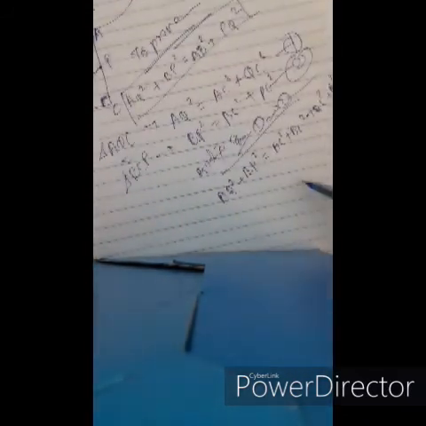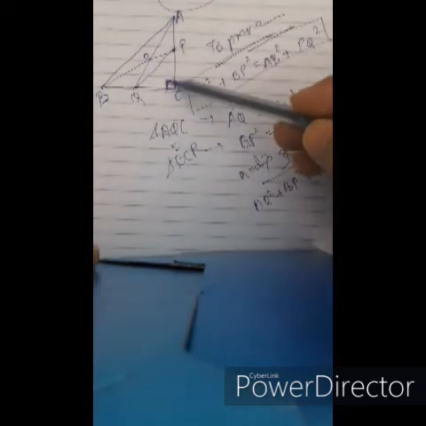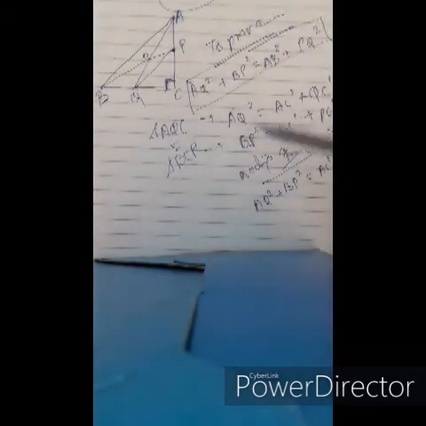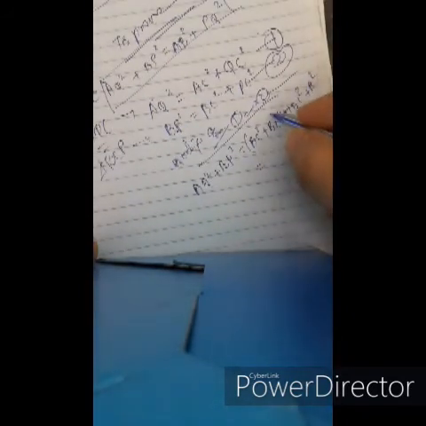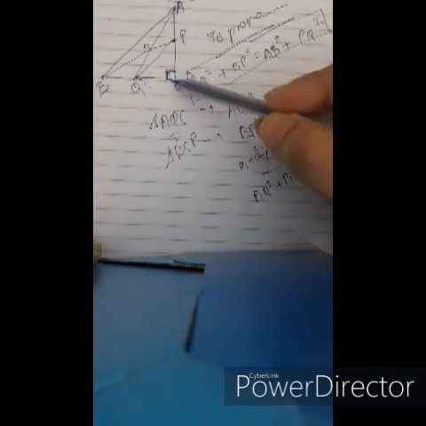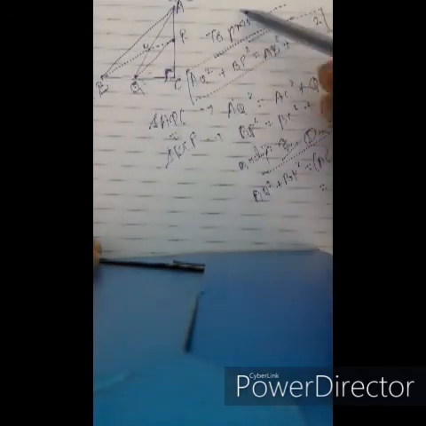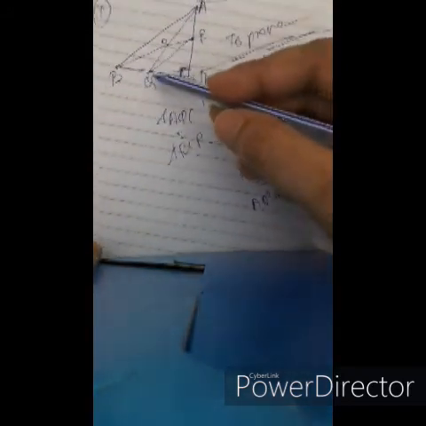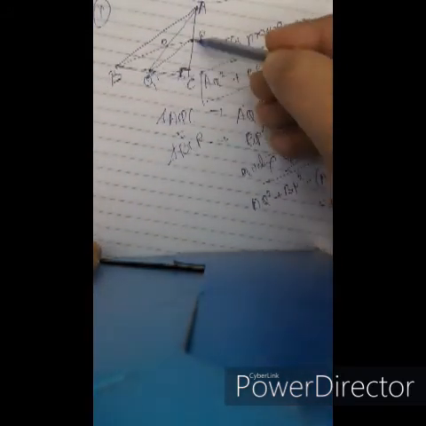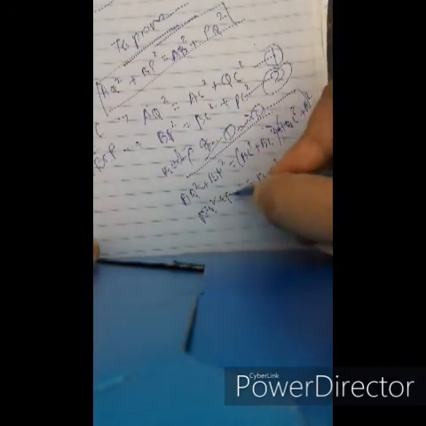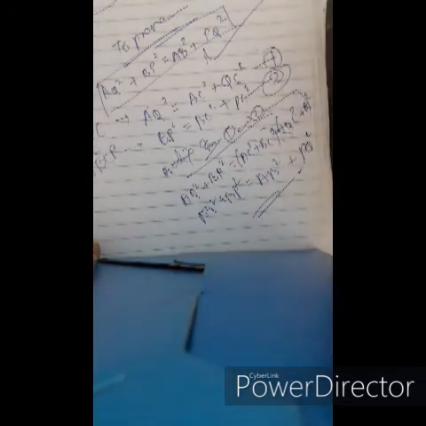Alright, we'll now see, AC square plus BC square, since it is a right angle triangle at angle C, makes AB square. And QC square plus PC square, at right angle C, makes PQ square, according to Pythagoras theorem. So AQ square plus BP square equals AB square plus PQ square, which is proved.